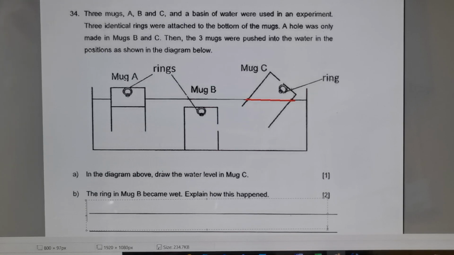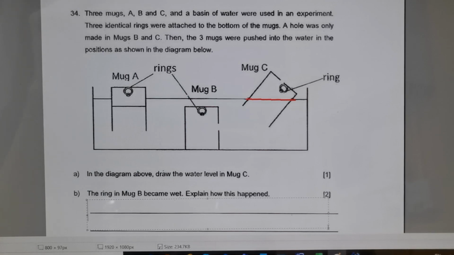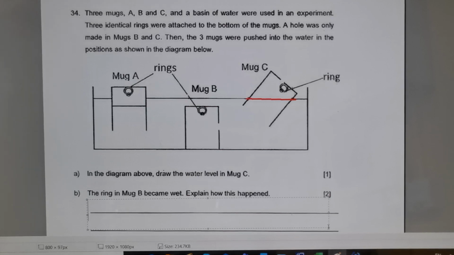What are the 2 items that you see right now? You see air, you see water. So can you tell me, do you think it's water takes the space of air or air takes the space of water? Ask yourself, which one goes out? Air goes out right now. So if air goes out, what goes in? Water. So definitely you must mention water